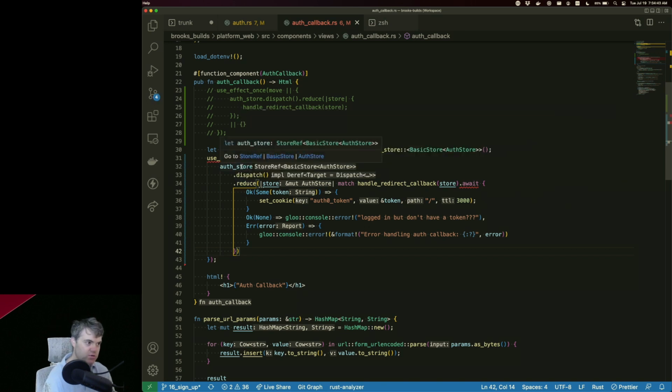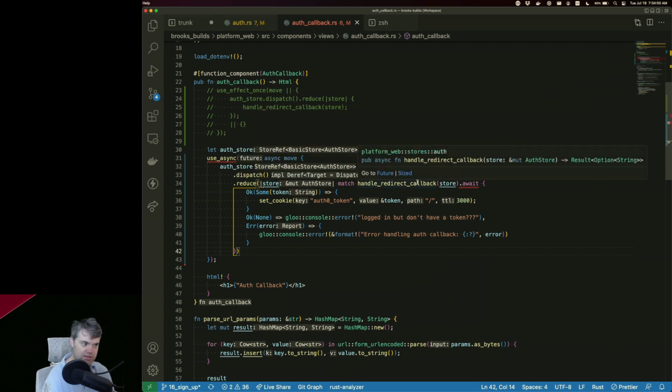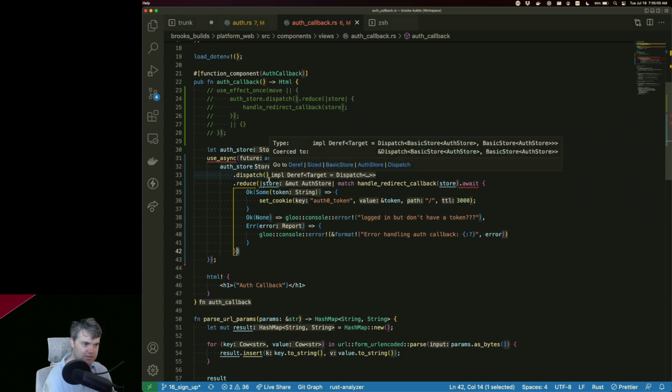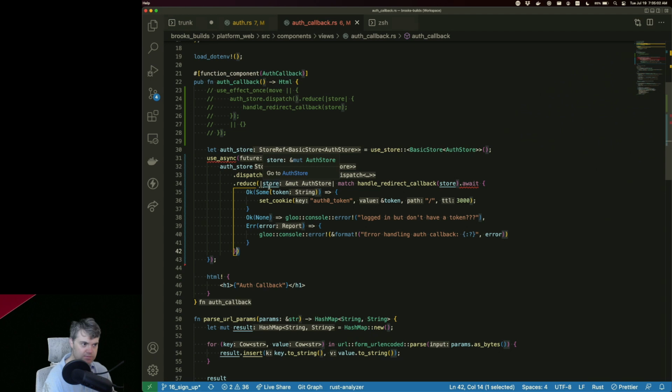So I do the auth store, dispatch reduce inside of here. Okay, so this goes to that reduce? Wait, it goes to that one. Yeah, that should go.